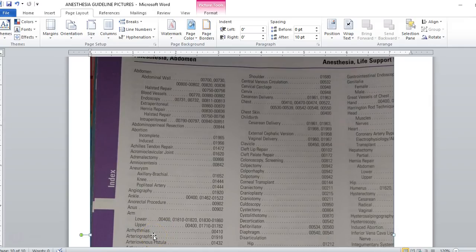so we would have to look through and match up the anesthesia with the procedure. But we can also look up the procedure name itself, like amniocentesis. This is what we do when mom is less than 3 months pregnant, and we're looking for things like the trisomies, and we're getting that amniotic fluid. You can also look under things like cleft lip repair, cleft palate repair, childbirth. So again, different ways of looking these up, but we always start with the main term of anesthesia, the subterm of either the body part or the procedure itself. And then if the example gives you information, you will then put in the physical status modifiers, HCPCS modifiers, or